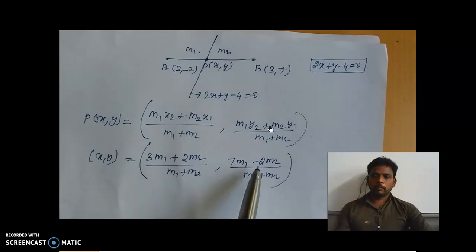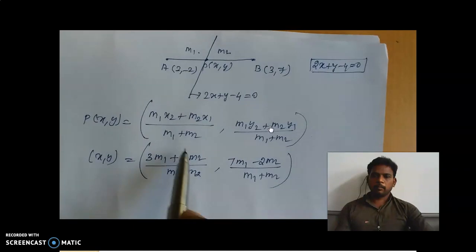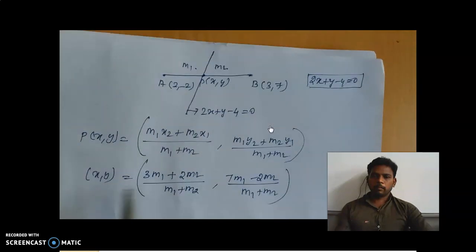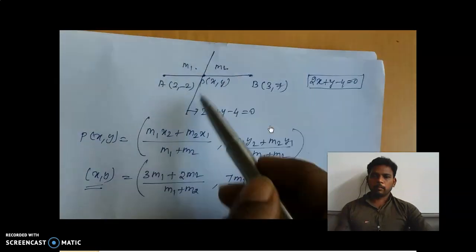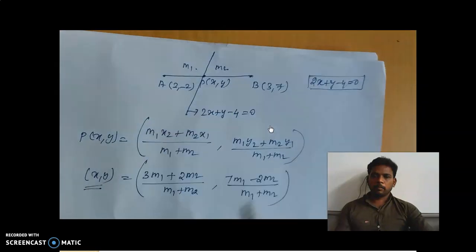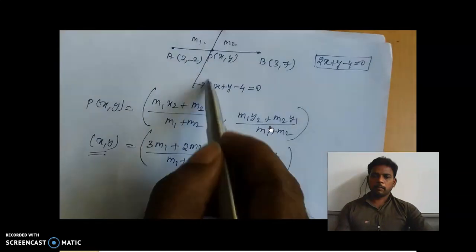Okay, now it is not possible to simplify because they are having unknown value m1 m2, and left hand side also both are unknown value only. It is not possible to equate them. Now we are going to find the ratio only, as I already told that this x comma y which satisfies this line, because this x comma y lies on the line also. Therefore now we are going to substitute this x comma y value instead of x and y of this equation.